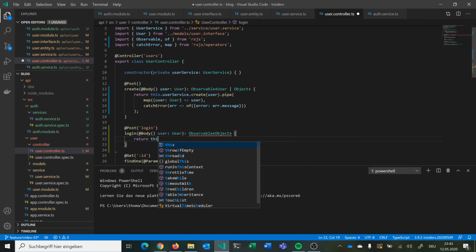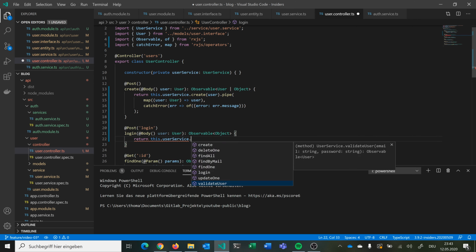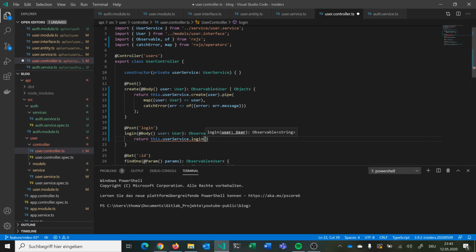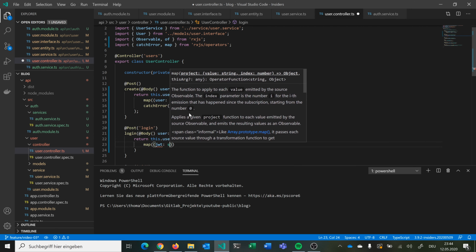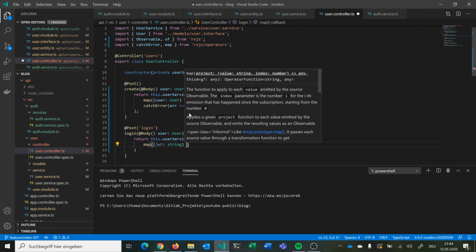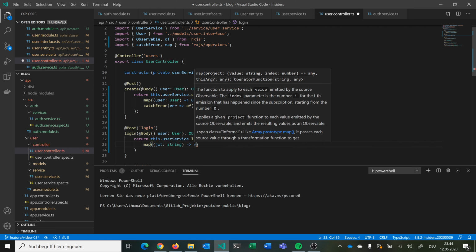And then we can use our user service, and we use our login method. And here we need our user, and we pipe it. And we map our JWT, which is a string. And we return,